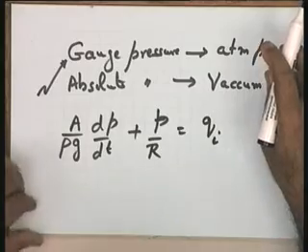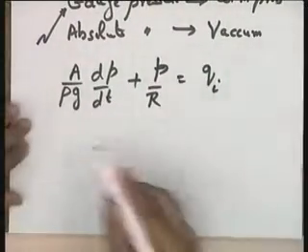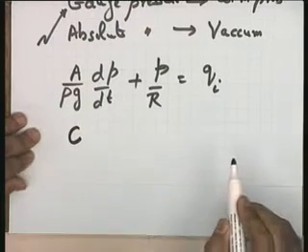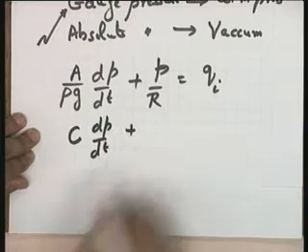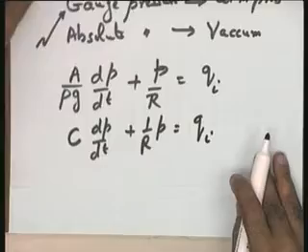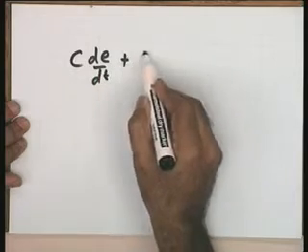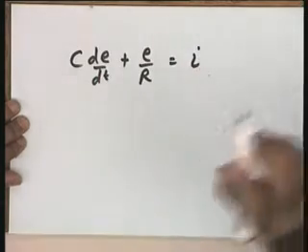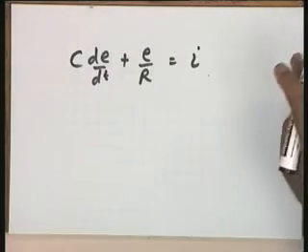Please see, this is the equation I now get for this particular tank. Recall, just compare it with the electrical analog. I call this hydraulic capacitance C: C dP/dt plus (1/R) P equals Qi. The equivalent electrical circuit will appear as C dE/dt plus E/R equals I. So now, the hydraulic tank, the liquid level control problem, is equivalent to an electrical circuit,